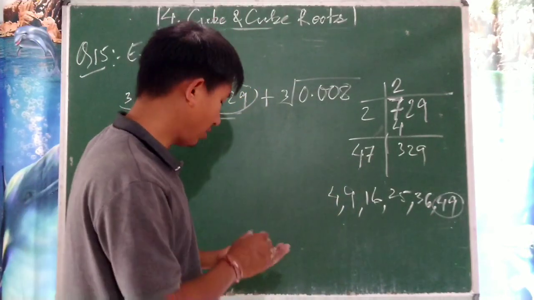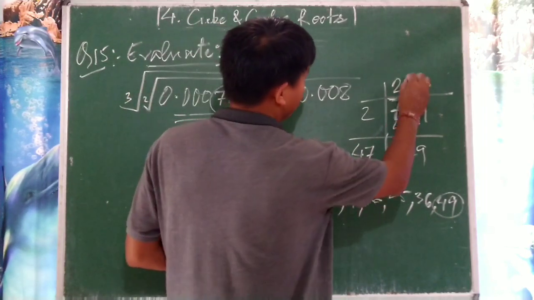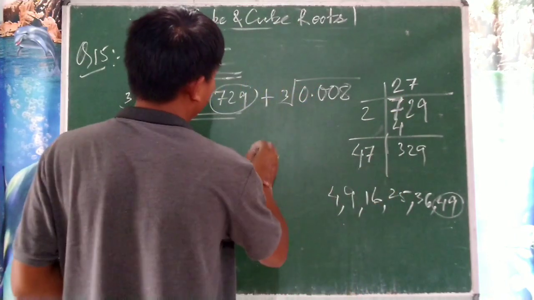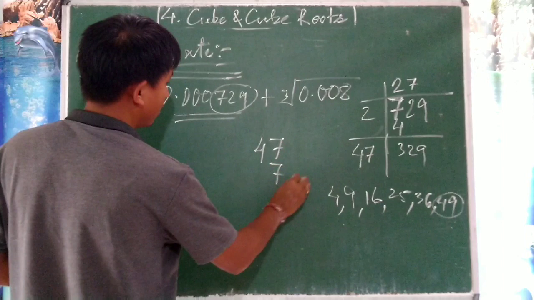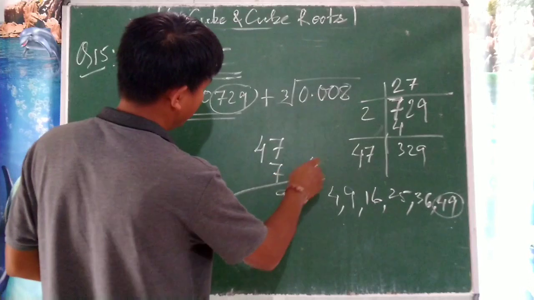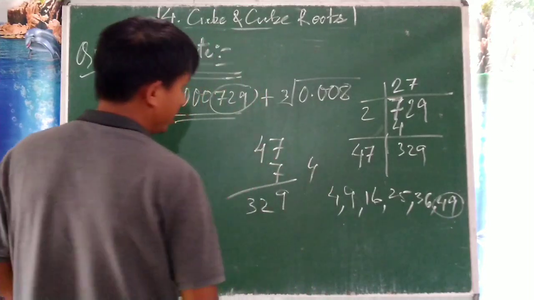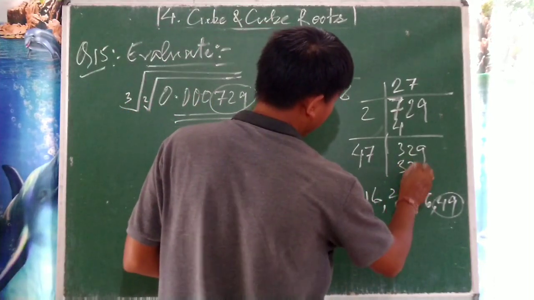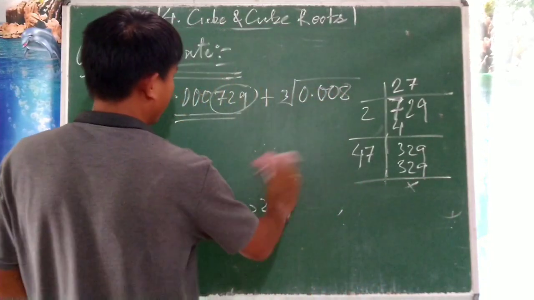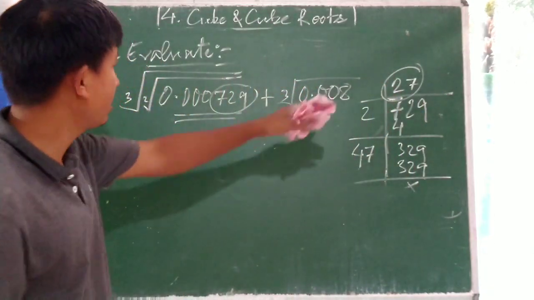We discussed this particular topic before also. So I'm putting some steps directly as I see. So 47 into 7, how much? Let's check it out. 47 into 7. 7 7s are 49, 7 4s are 28. Yes, 32. 329. So this one, 329, we can put it directly. So for this, 7 3s are 27.